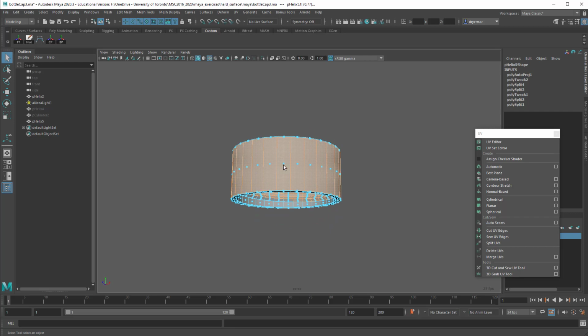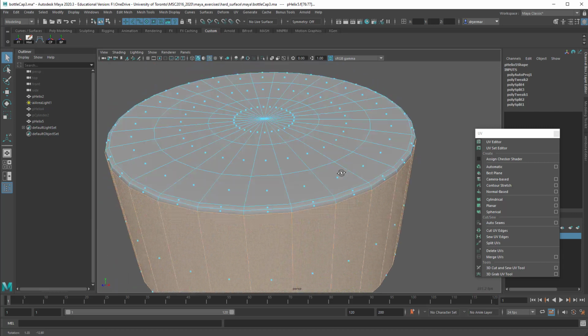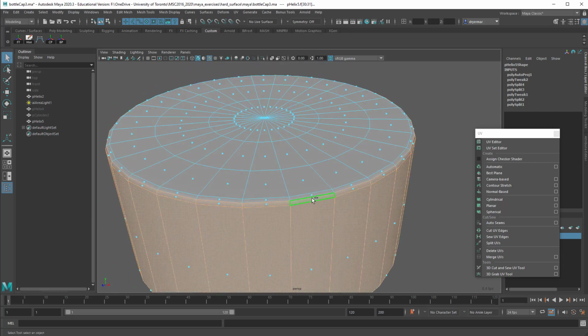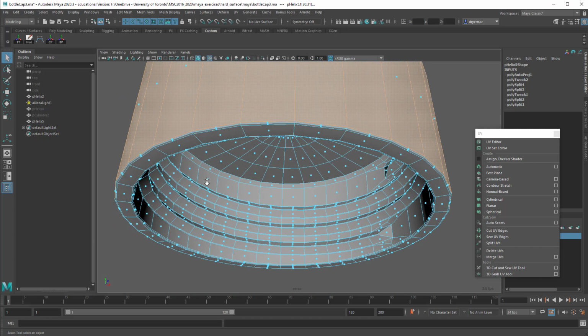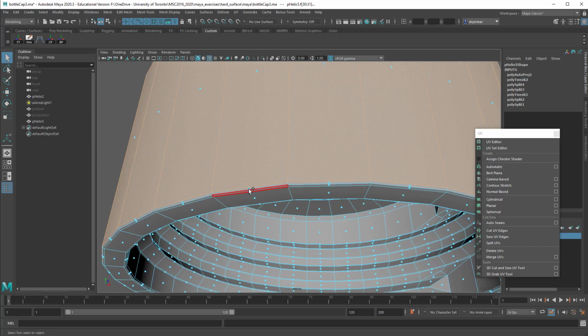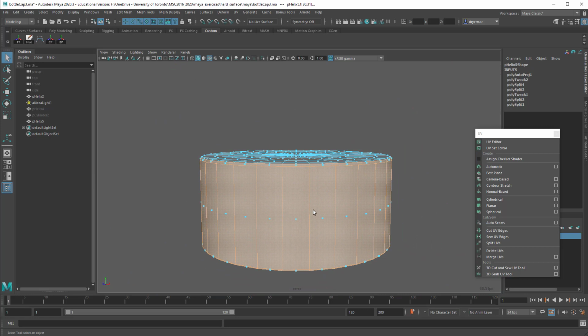So instead I'll just click on one and then double click on its neighbor, and let's get that group. I kind of want to include these top ones too, so I'll select those as well. Not the bottom. Yeah, maybe this one too. So I'm selecting this ring of faces by selecting one and then double clicking on its neighbor, and we'll select